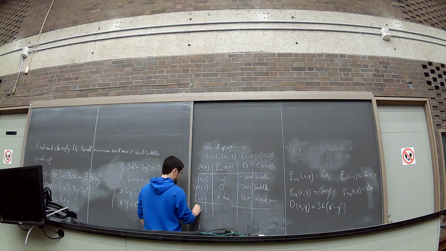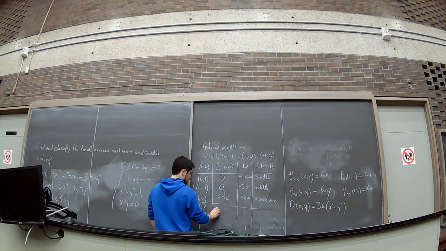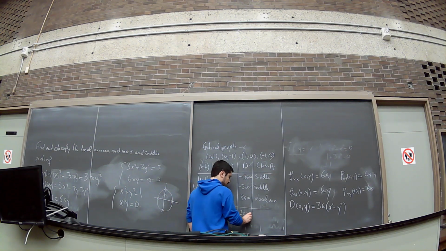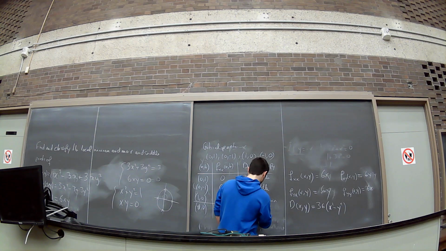Local min. So f(1, 0) is a local min. Sorry, I have (-1, 0). So what is fxx? It's minus 6, which is negative. So this determinant is still 36. So I have a local